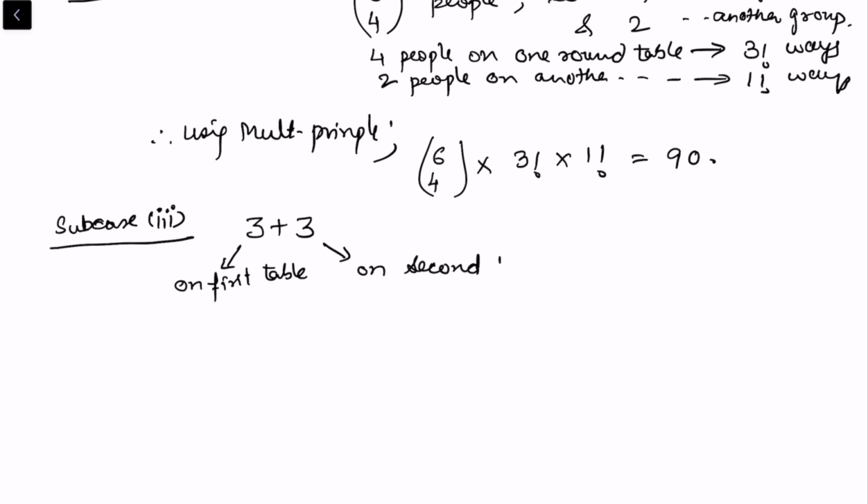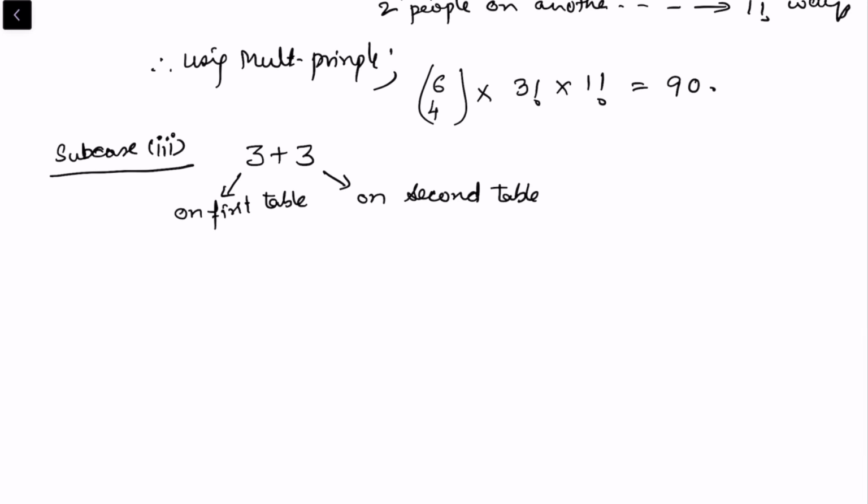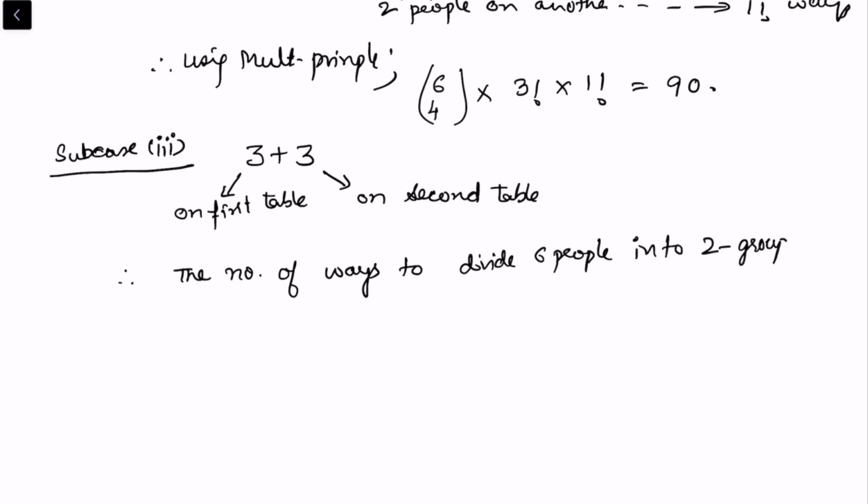Now because the group is divided into equal sizes, I am going to use the concept of K grouping, and for this let's look at the first way of arranging the people. The number of ways to divide 6 people into two groups of size 3 each. So because we have to select 3 size each, in this case it is half of 6C3.